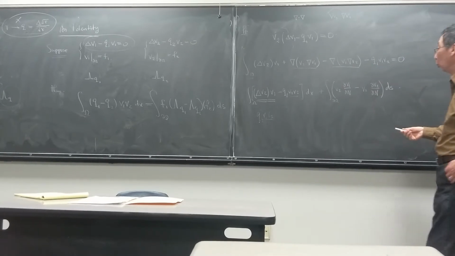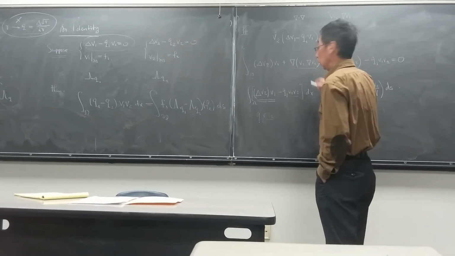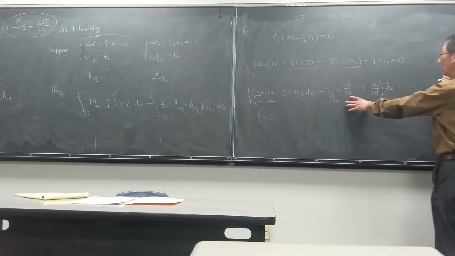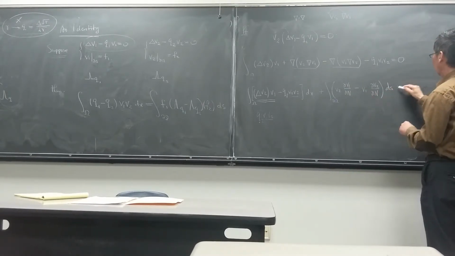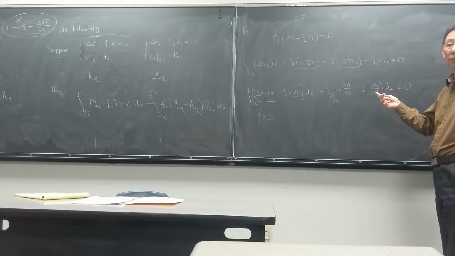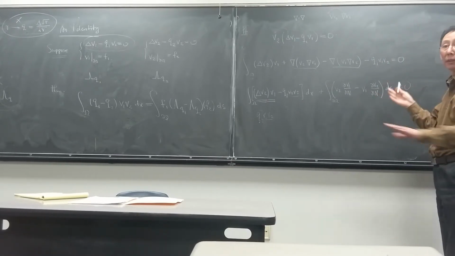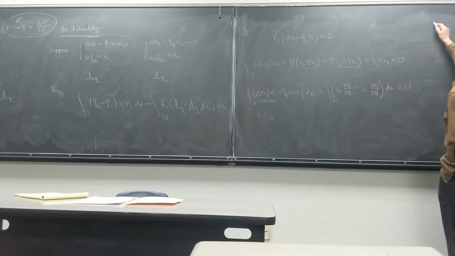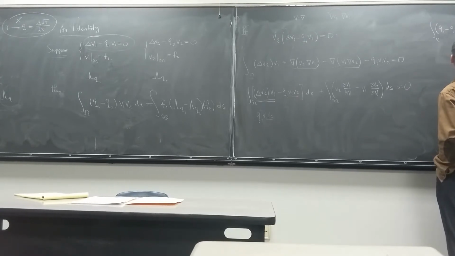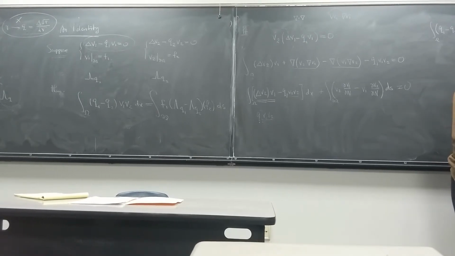Okay, so if I move this term to the other side, keep this term on one side, this equals 0. So move this to the right side. Then for convenience, switch both sides. So what do we have? The integration of Q1 minus Q2 times V1 V2 is equal to the integration on the boundary.